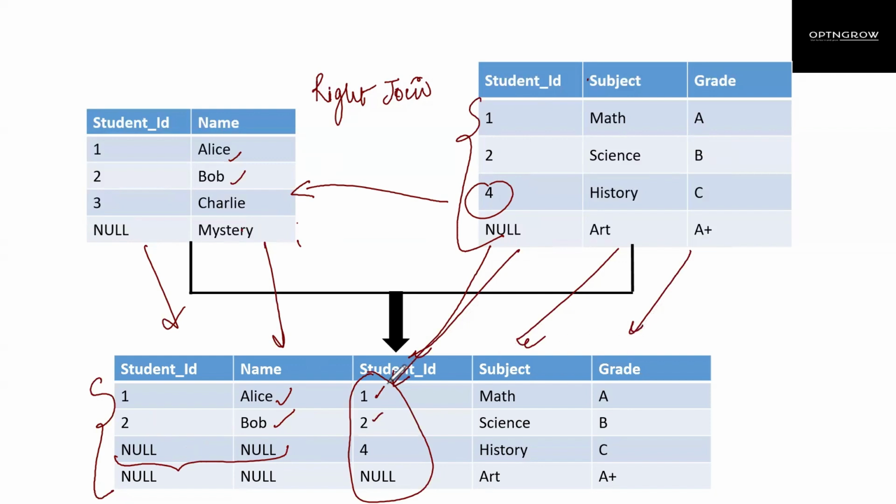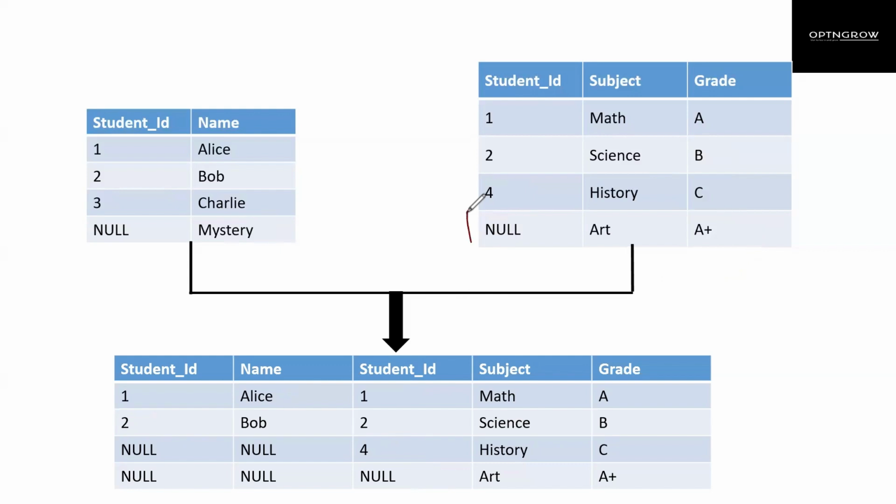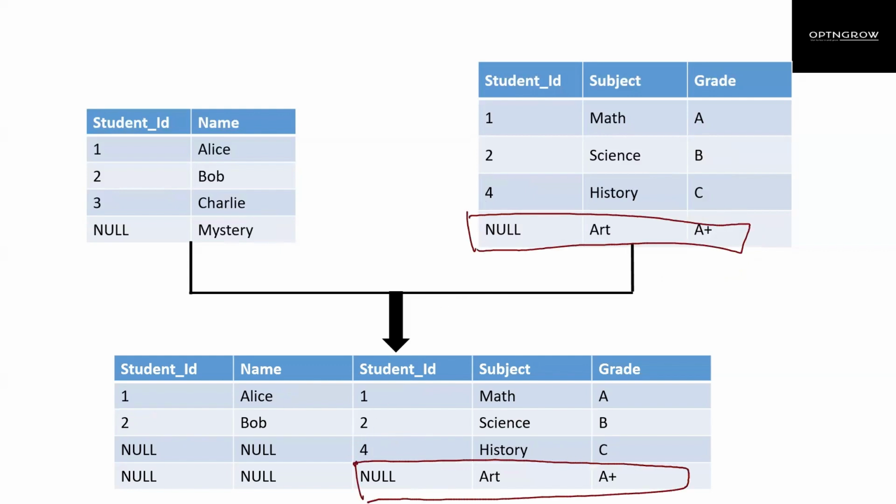Now, in case of null, it's very simple. We have done it. It's exactly the same as that of left join. We are having null. Now, null is not equal to null. So, it is going to take this row. Let me clean this up. So, it will take this row. It will simply paste it over here. But there is no matching row. Of course, null is not equal to null. So, there is no matching row. So, this will be null, null. I hope you have understood it.